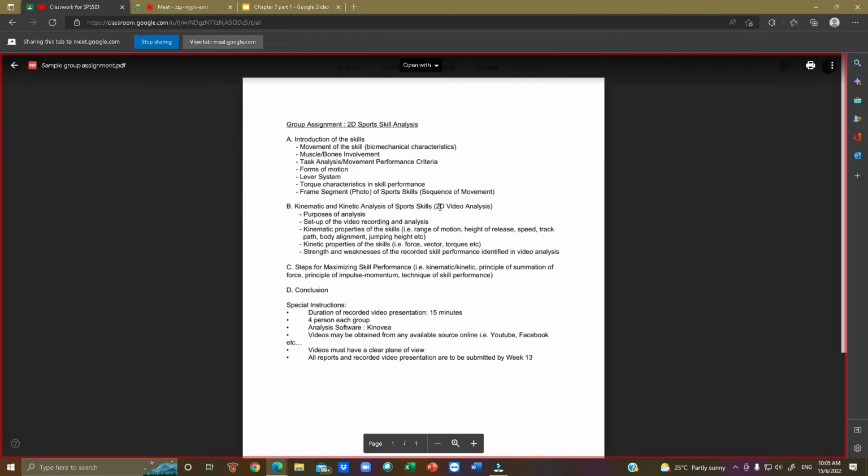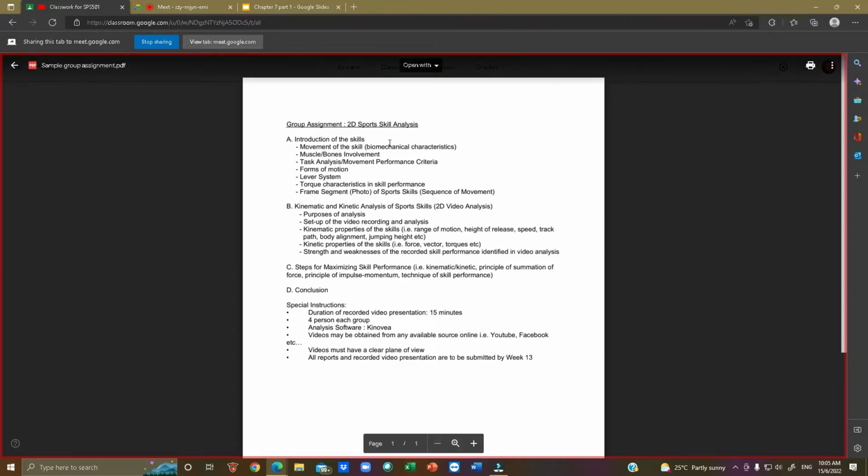Okay, what you need to do is actually a 2D sport skill analysis, which consists of 4 different sections of assignment. Okay, the first section is regarding introduction of the skills. In this topic, you need to introduce the skill that you choose. Example, you choose your sport is soccer, and the skill being chosen is free kick. Okay, so based on that, you need to introduce how to perform free kick, how to execute free kick in